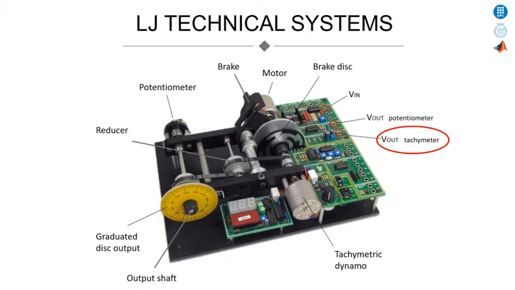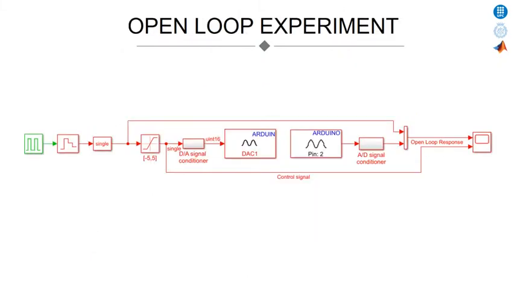As said before, the speed control experiments will be carried out by taking the tachometer's signal. This pin is on the right side of the plant, as can be seen in the figure. In this figure, we can see the block diagram for the open loop experiment built in the Simulink editor. Depending on the output we take, we will obtain different mathematical models, but the form of the response will be